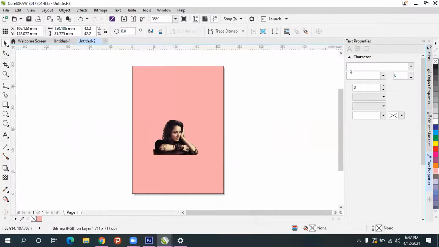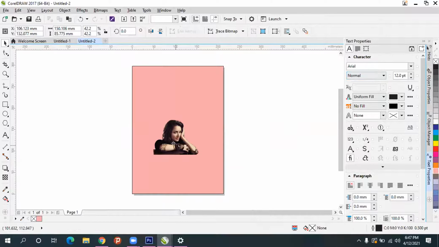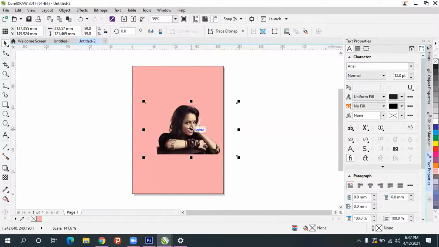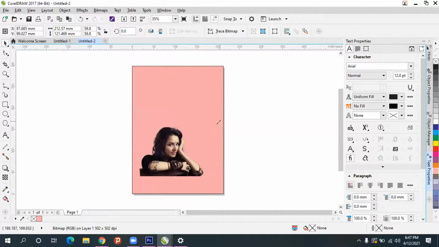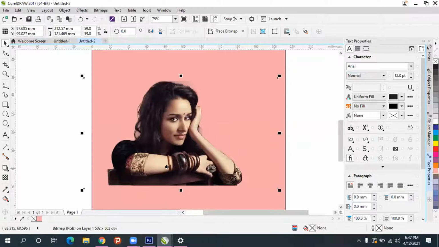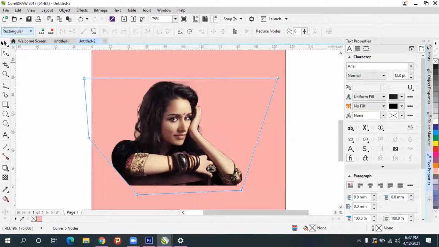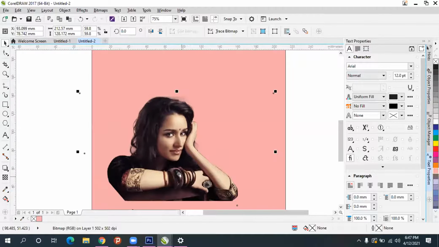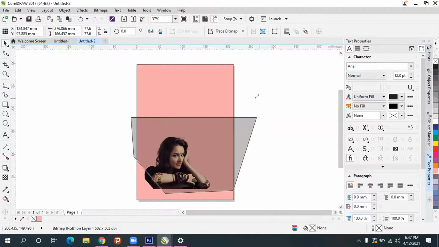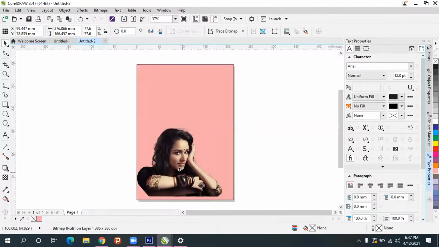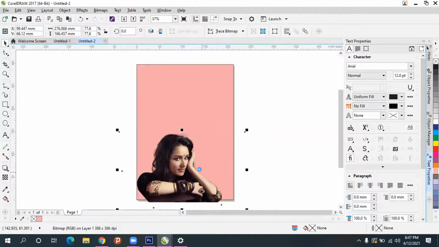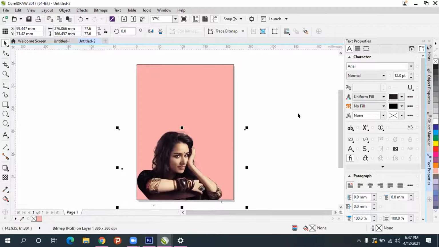Sorry, here Control T is useless. Here Control T is for text. Just select the object and move it wherever you like. Suppose if you want to crop also, you can crop it. For example, like this, if you don't want, you can do that also. Anyway, it is PNG, no? And this image, wherever you want to keep it. That's it.